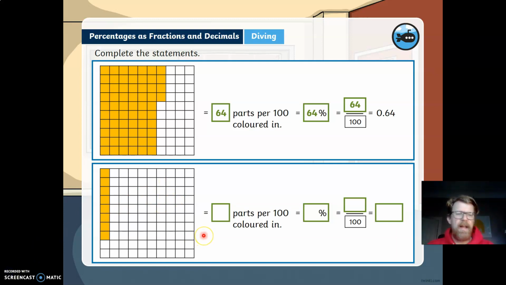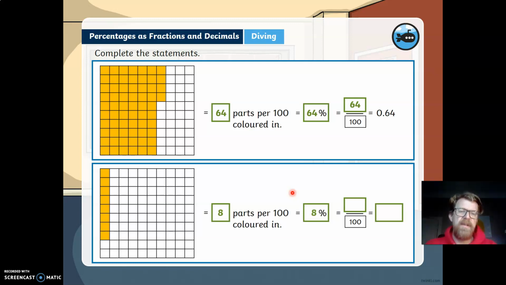Okay, let's just see what we get. We only had a few here, didn't we? 1, 2, 3, 4, 5, 6, 7, 8. 8 parts per 100 were covered in, I believe. Did I get that one right? Yes, I did. So 8 parts per 100 is equivalent to, is the same as